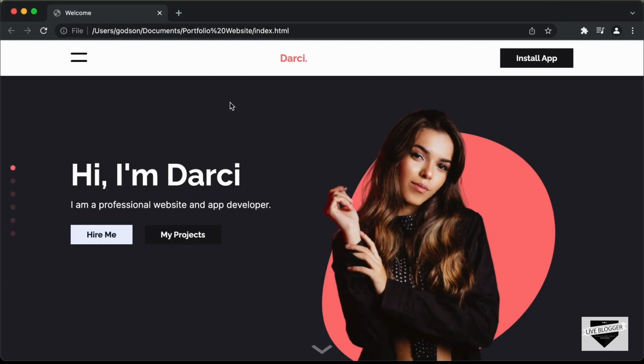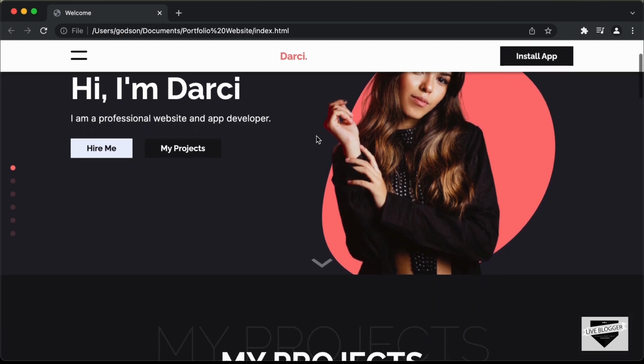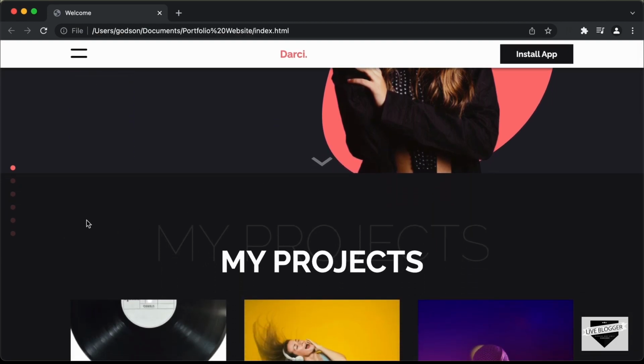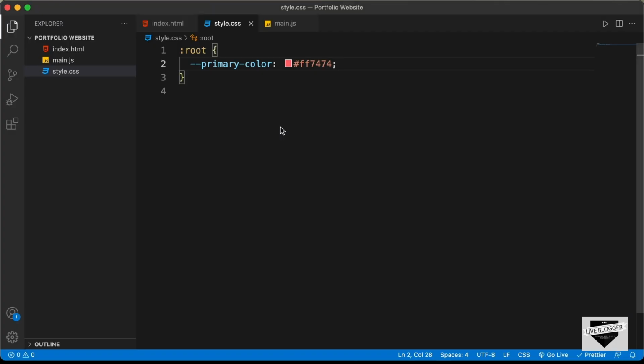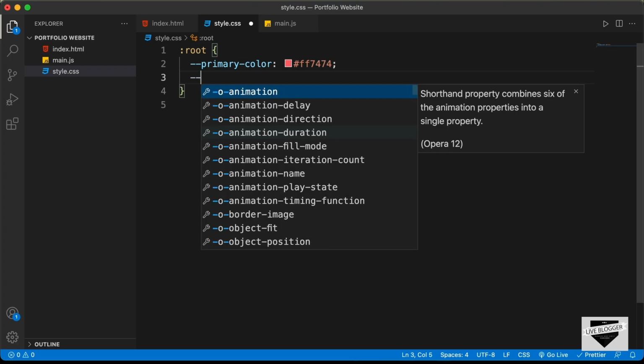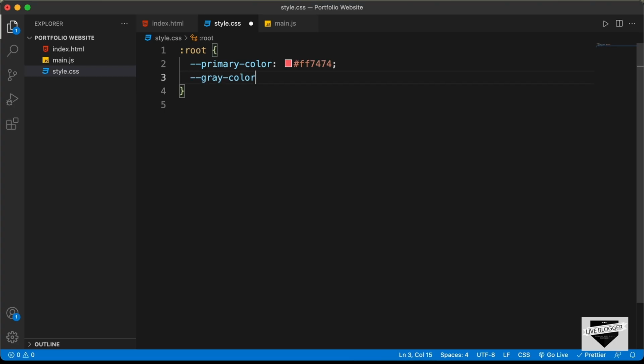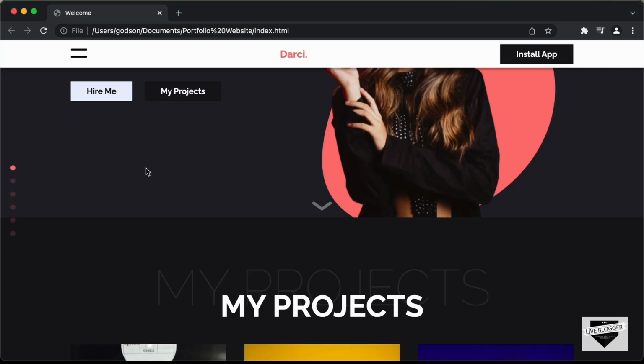Let's go back, and the next color we need to have is this dark gray color, and then we need to have this dark color over here. So for this color we will name it gray color. So let's go back and let's create a variable called gray color, and for the gray color we have a hex value of 23222A,